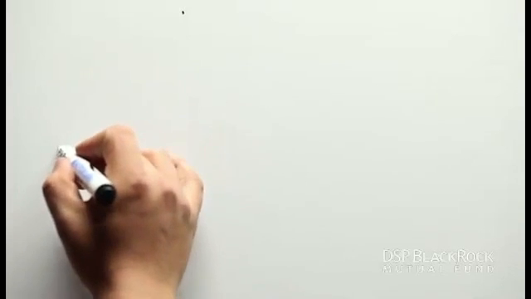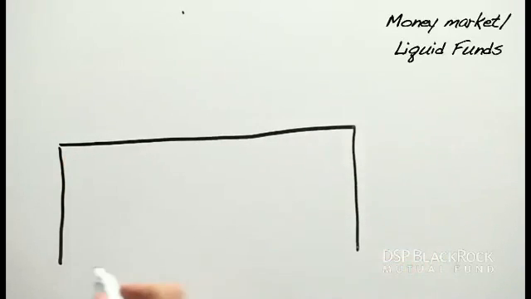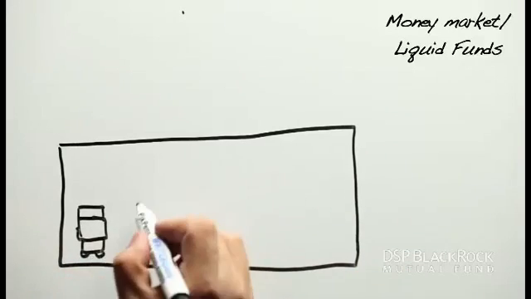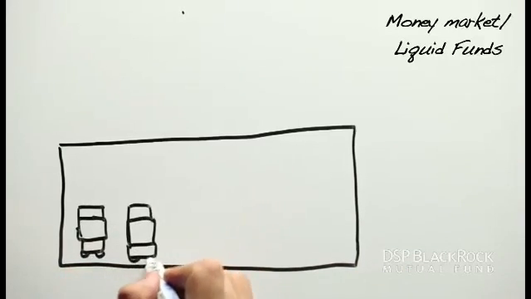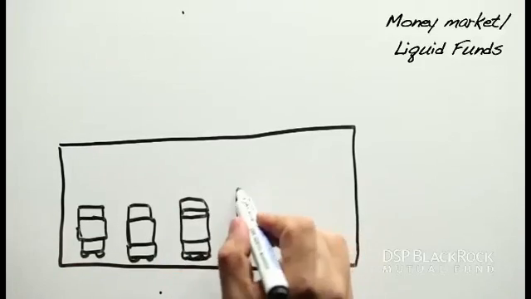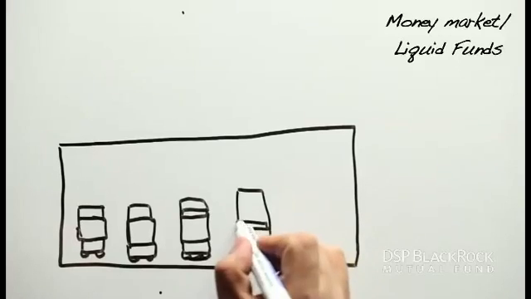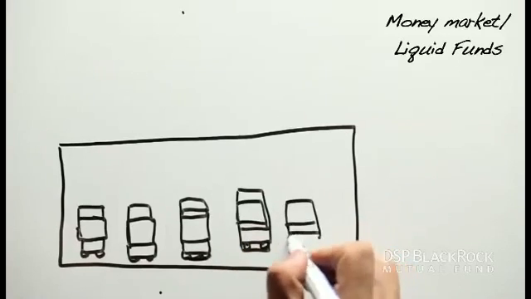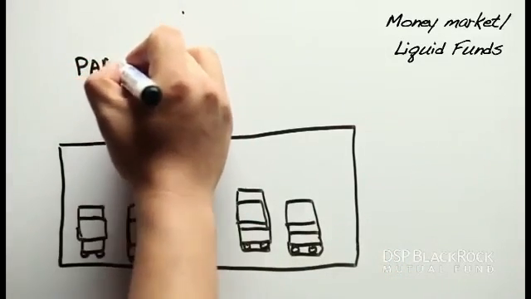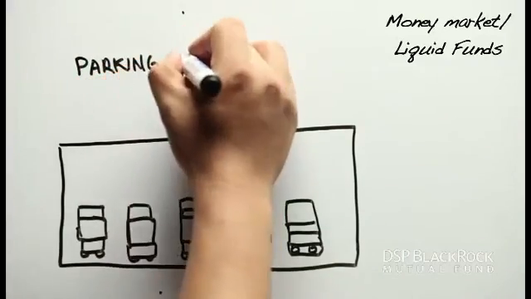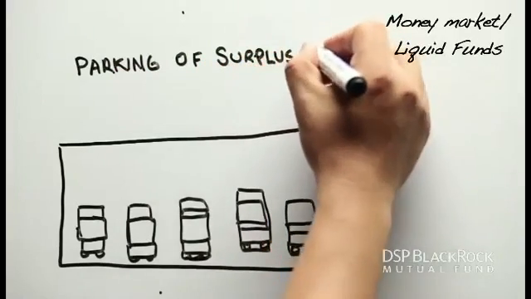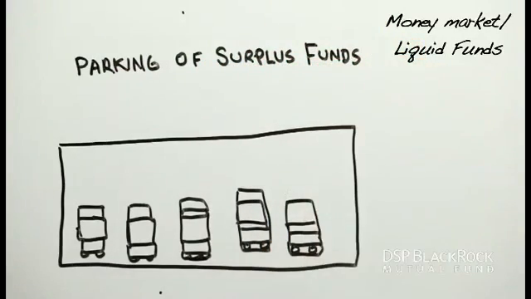Money market or liquid fund. These funds are also income funds, and their aim is to provide easy liquidity, preservation of capital, and moderate income. These schemes invest exclusively in safer short-term instruments such as treasury bills, certificates of deposit, commercial paper and CBLO, government securities, etc. Returns on these schemes do not fluctuate much compared to other funds. These funds are appropriate for corporate and individual investors as a means to park their surplus funds for short periods